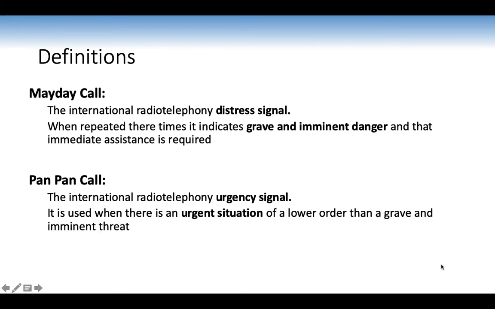The international radio telephony distress signal, Mayday, when repeated 3 times, indicates grave and imminent danger and that immediate assistance is required. Pan-pan call, the international radio telephony urgency signal, is used when there is an urgent situation of a lower order than a grave and imminent threat. So in this lesson, we'll be looking at the Mayday call, and the Pan-pan call is usually used for